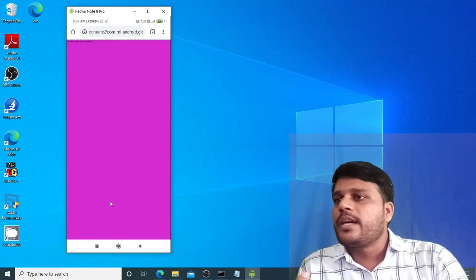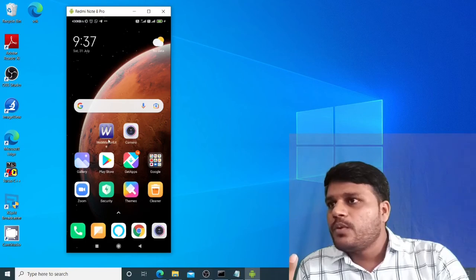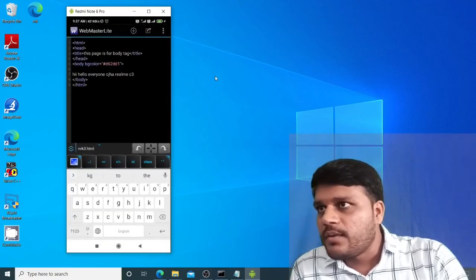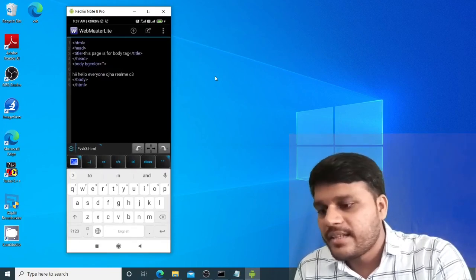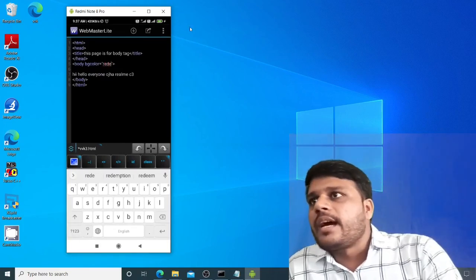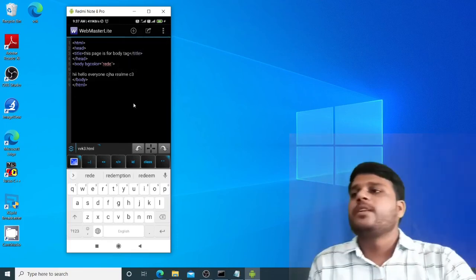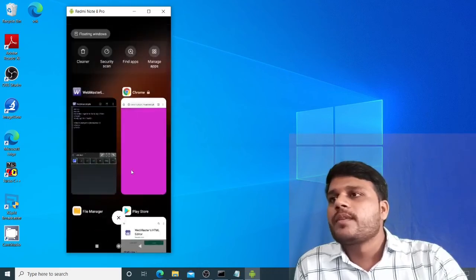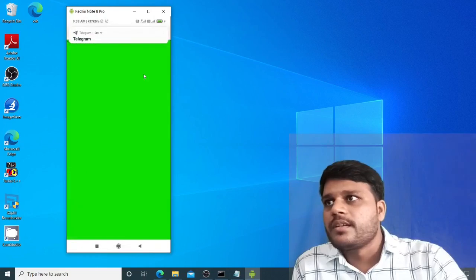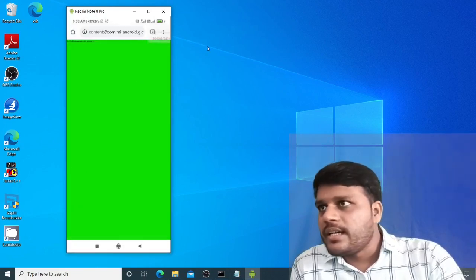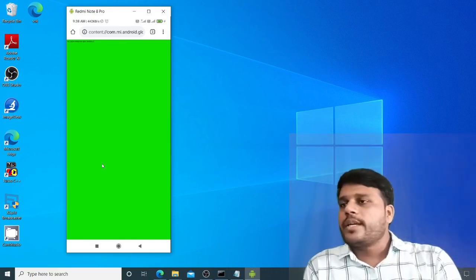Okay. Suppose that if someone wants to change the coding, then he has to do it in the Lite version. Suppose that I want to change this color and set it as red, RED, and after that save that document. And if you want to see the changes, then you have to go to your browser. After that you have to refresh that page. This will change your color. Okay, that's fine.